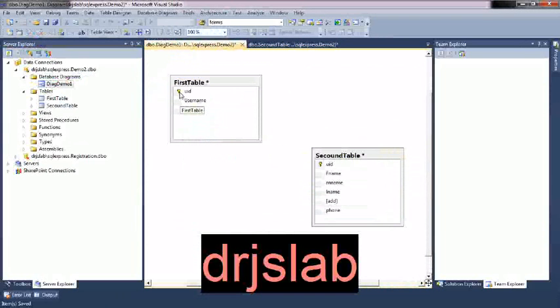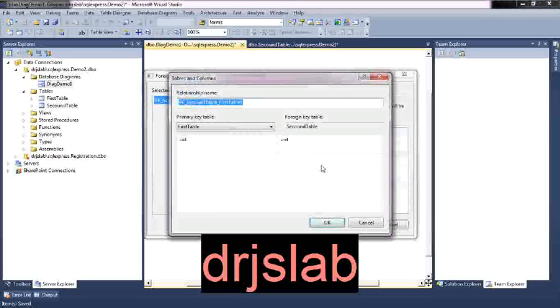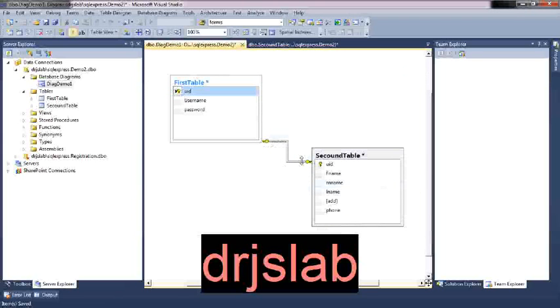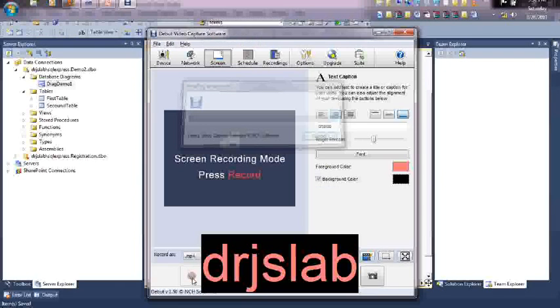Now the same relations I want to make with this diagram, then nothing to do. I have to just go to this ID, hold your mouse and drag it where you want to make a connection and leave it. Okay, okay and okay, your connection is done. You can see what I did here. This primary key is having relations with the